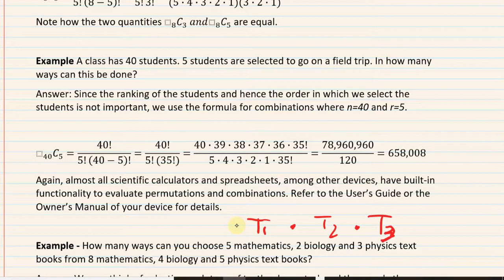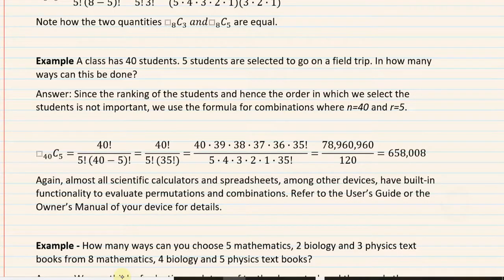So the question is, how many ways do I choose? Let's see. I have 5 math, 2, 3. Okay, I want to choose 5 math books from 8. So the question is, how many ways do I choose 5 mathematics textbooks from 8 textbooks? Each of those tasks, once we figure them out, we're going to multiply them together, and that's going to be the answer.